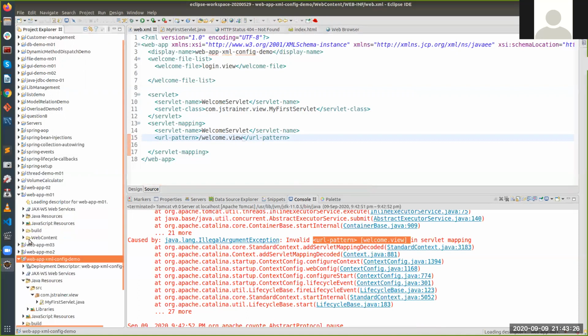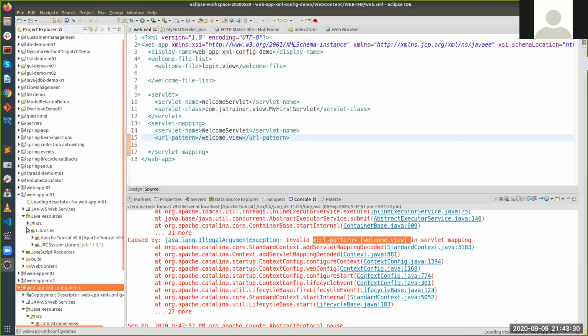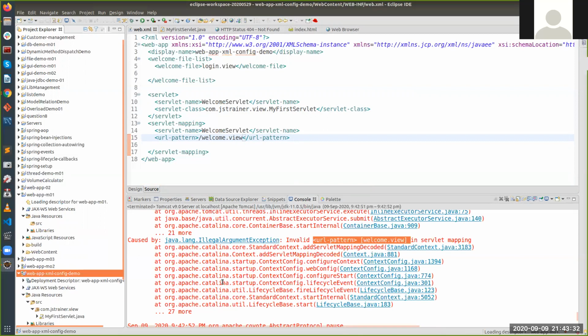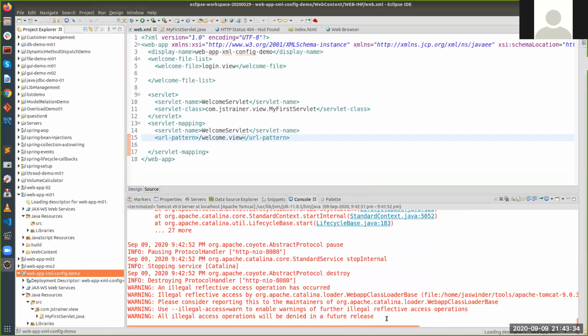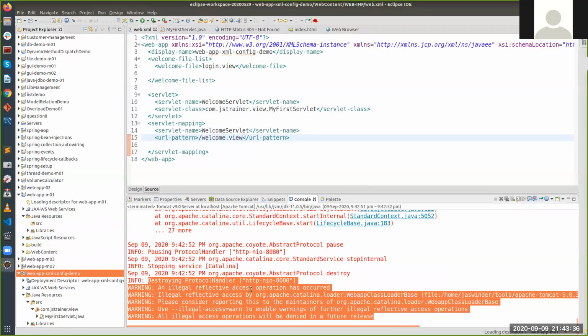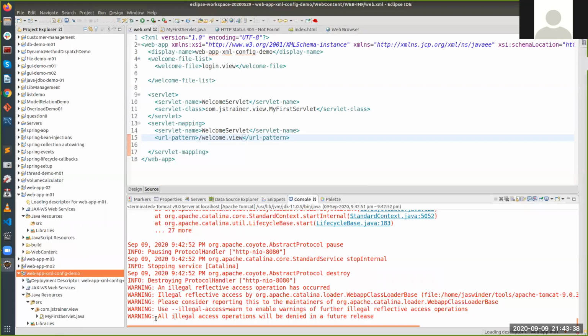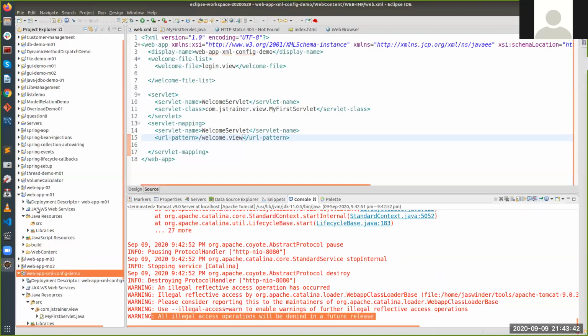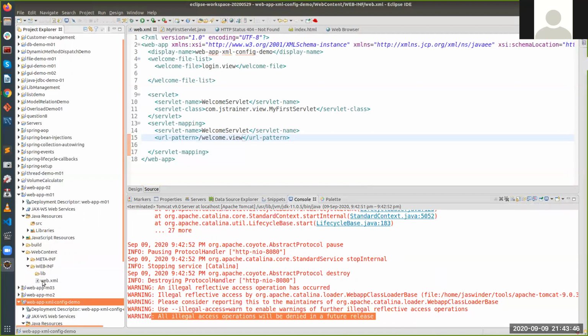You can rerun it without redeploying, right? If it was deployed previously, it will reload it. You will get a message here, application reloaded. Let me deploy and then I'll show you. I'm just checking one configuration over here.